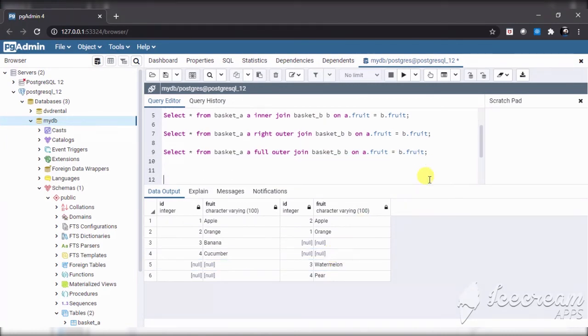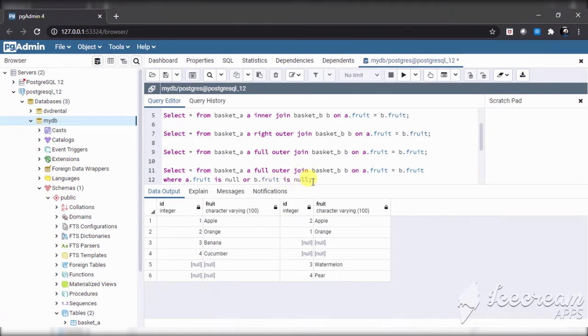One more useful thing that you can write. In interviews, a common question is how to get the output of all the fruits which are not matching in both the tables. We can write it like this, with a condition: where A dot fruit is null or B dot fruit is null.